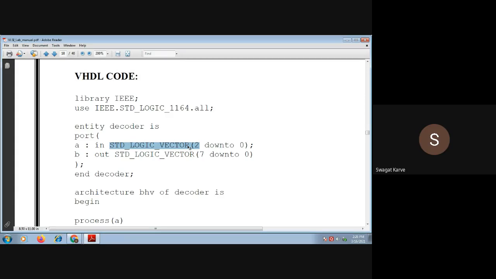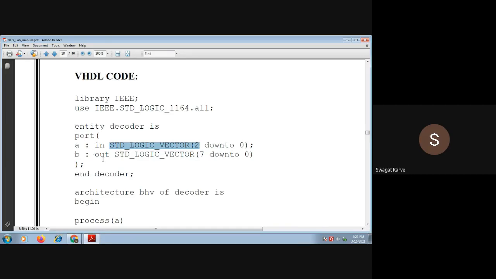Okay, the same thing we have to do with B, as it is an output. If in the same case you didn't mention this logic vector, the same thing will happen to B also. This B will be only a single bit.